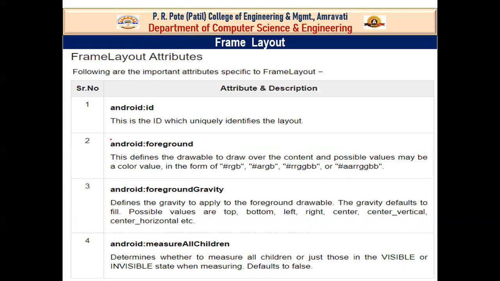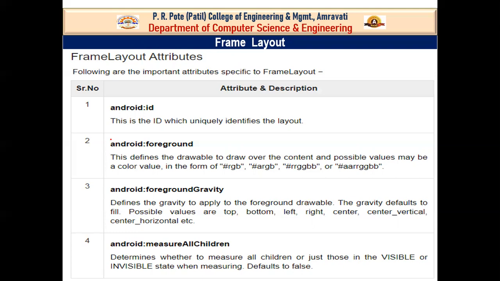So we just have one image view, and in that case we use the frame layout. Whenever you want to add more than one view in a layout, we will not use frame layout. We will use any other layout like relative layout or linear layout.